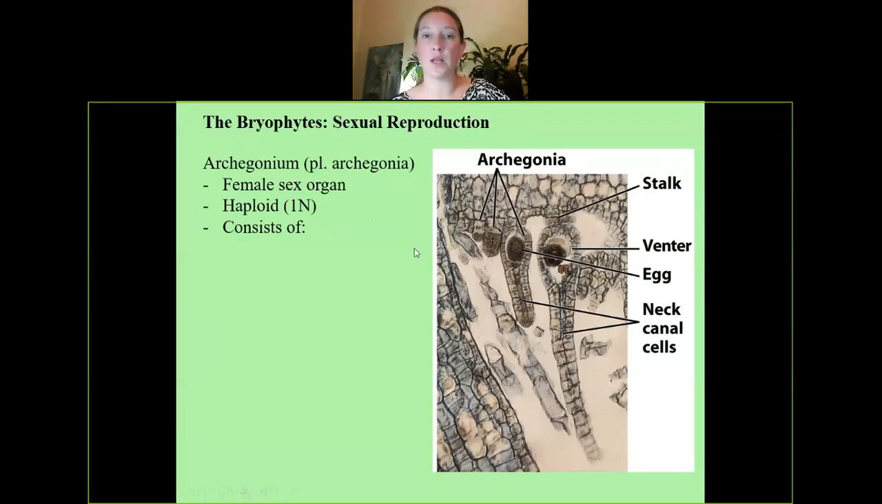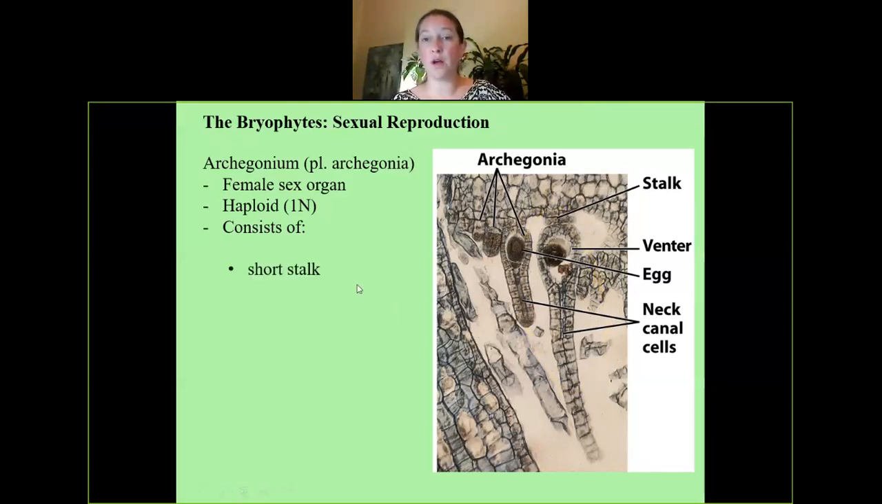Okay, let's look at what they look like. So here is a microscope slide of several archegonia. Let's circle one of them. This is one archegonium, right? The archegonium is a female sex organ. It's haploid, right? Actually, I guess we'll stick with our color scheme. Here's one archegonium. It's haploid, and the parts of it are